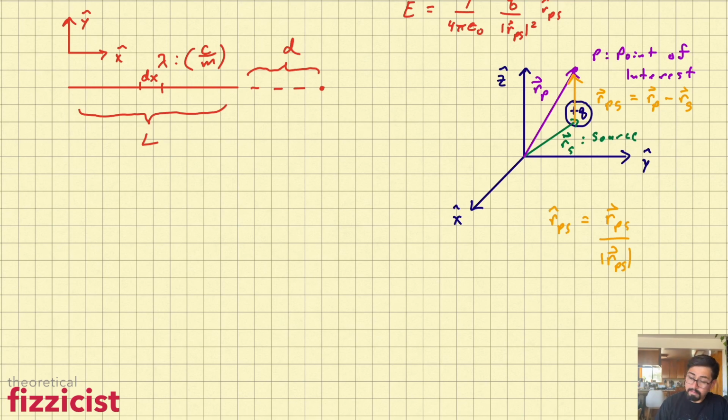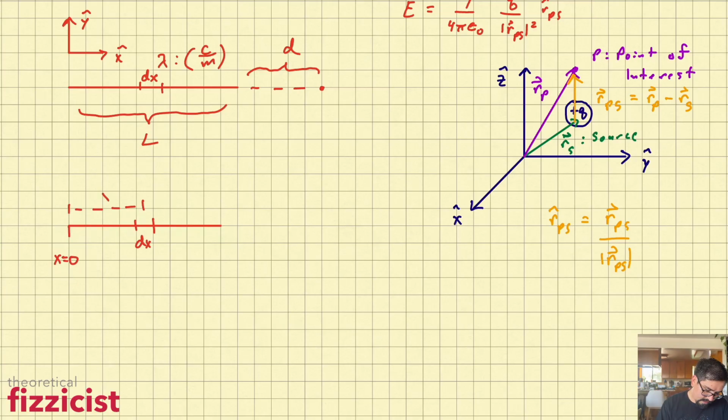Fantastic. And now you notice that my diagram's getting a little bit cluttered. So again, good practice: let's redraw our diagram with the values of interest that we are working on at this particular step so we can proceed on in our calculation. So here's my rod again. I'm dealing with dx right here. And now, remember that we said that our origin for our problem was going to be the left-hand side of the rod, right? So we're going to call this point over here the x equal to 0 point. That's where my origin is. Fantastic. So that means my little chunkarino over here,